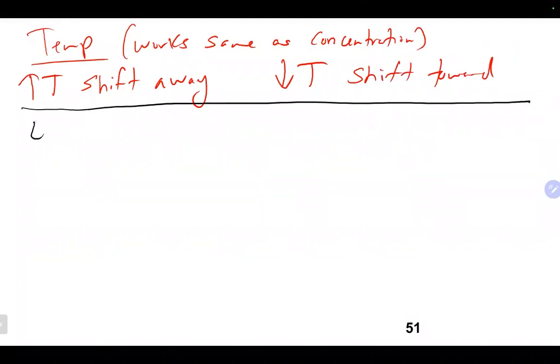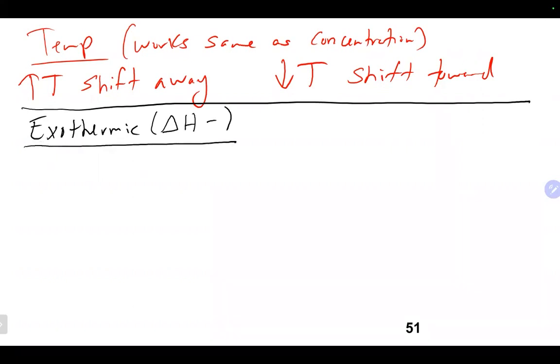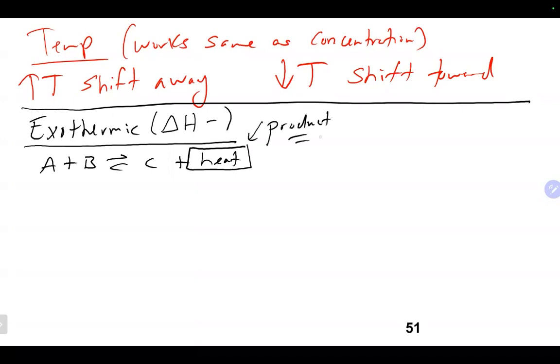So if you are dealing with an exothermic reaction, as we've talked about, a couple of things will tell you that. Very commonly in Le Chatelier's principle, they lay out a delta H value and it is negative. Again, the sign doesn't really matter. It's just that you see a negative delta H with a reaction, you know it's exothermic. What that means is energy is being given off. And what we think about in terms of exothermic is heat and energy is considered a product. Not 100% correct, but it is considered to be a product,